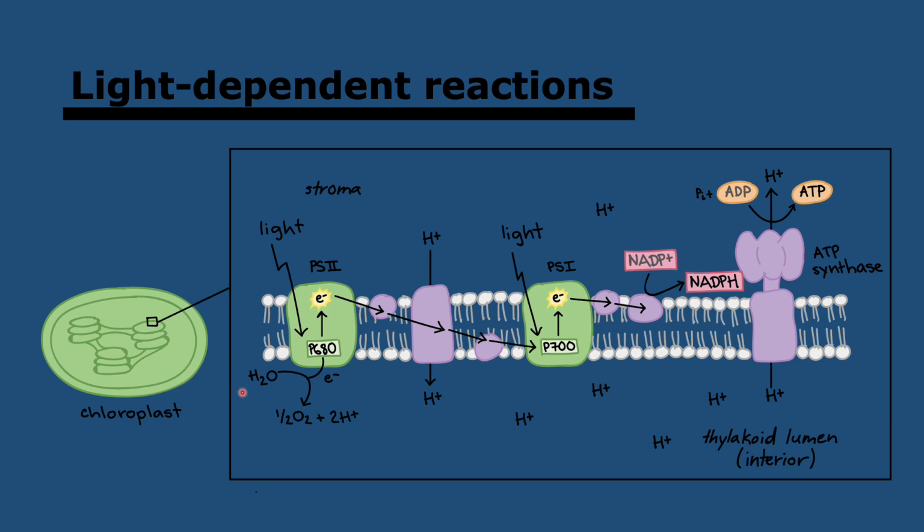And actually, this oxygen that's lost through the stomata is very important as well because it's what increased atmospheric oxygen throughout the Earth's history and allowed aerobic respiration to evolve. Okay, so now that we know that,